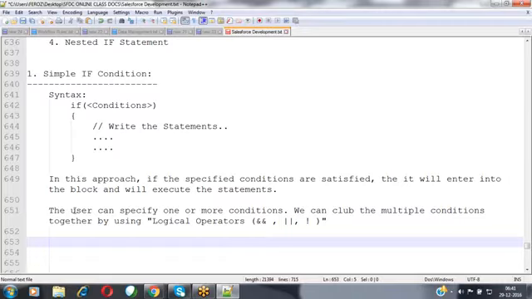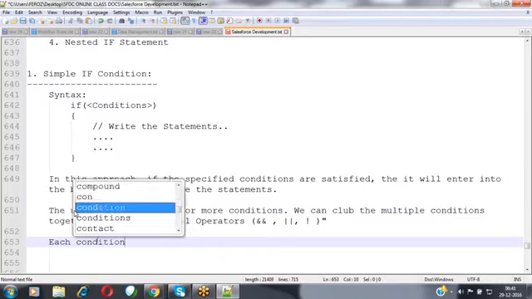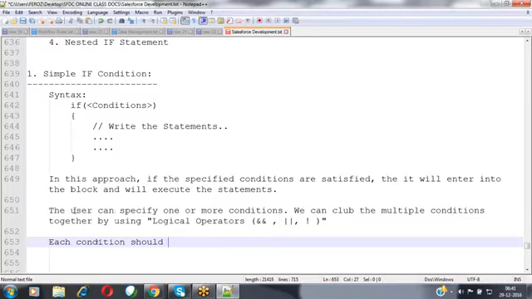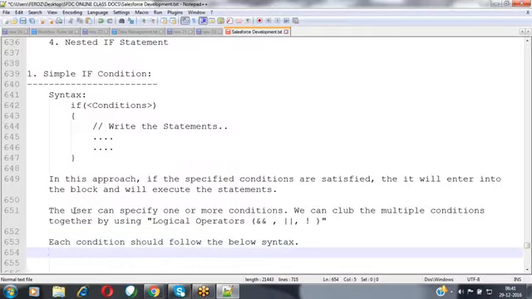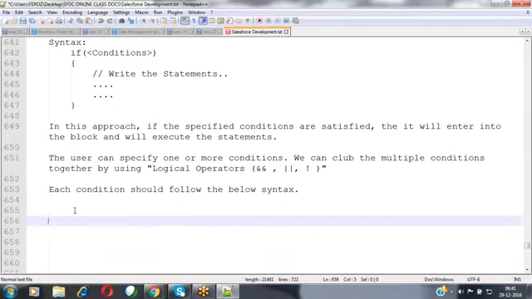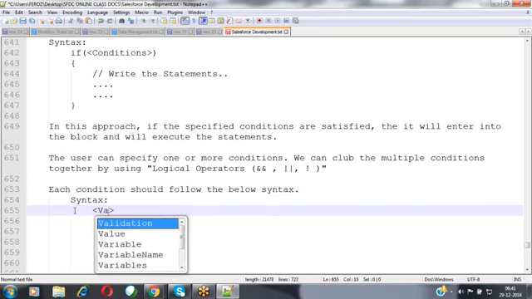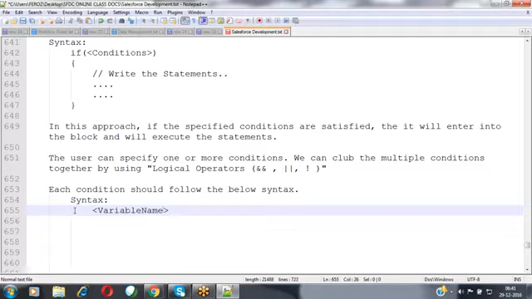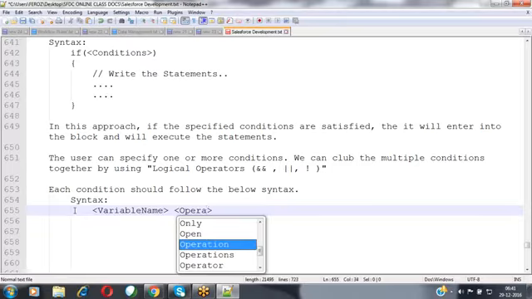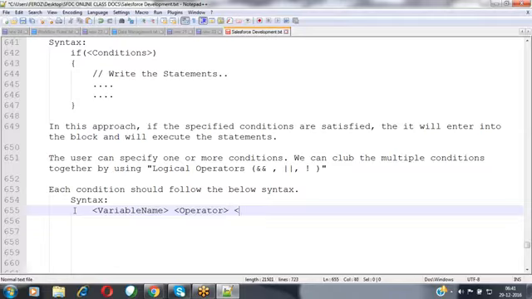Whenever you write a condition, each condition should follow the below syntax. We have to specify the variable name, an operator, and a value.